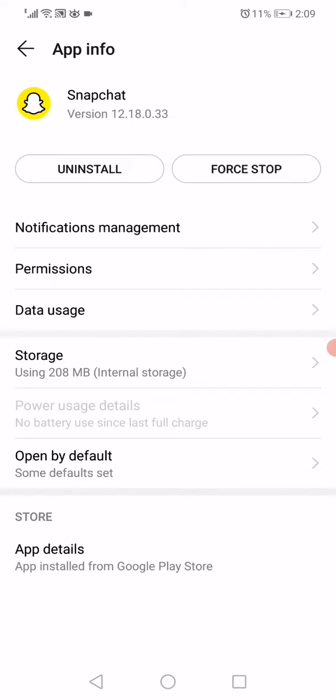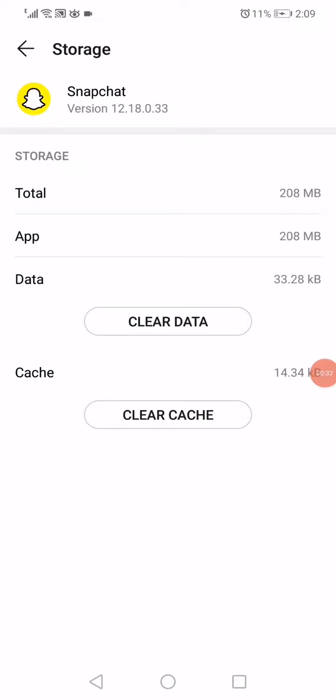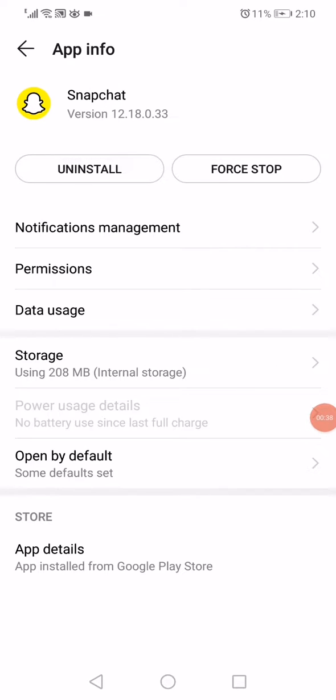All what you want to do here is very simple, so don't worry, just click on force stop right here and then go to the storage. This is the internal storage. Click on clear data and clear cache. After that, go back again, and now all what you want to do next is go to the data usage